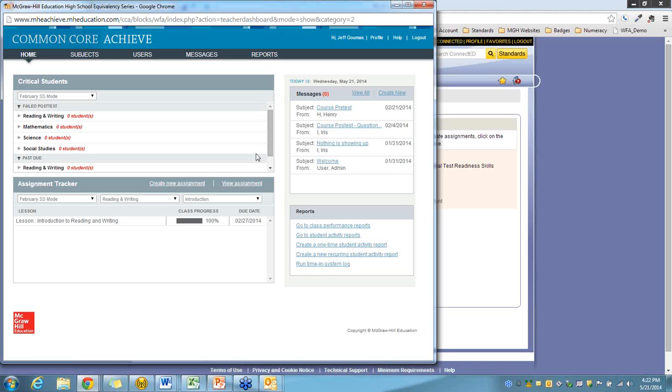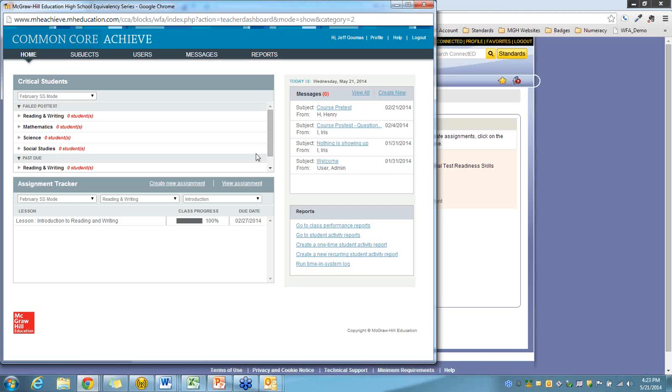But the system has the ability for you to set up weekly, daily, monthly, middle of the month, every 2 weeks, however, whatever the duration is you want, to set up automated reports that are emailed to you on a regular basis so that you can track student milestones within the system, such as what their assessment completion is and what their assessment scores are, what their lesson completion is, who's completed a course, who's completed a unit of instruction, any number of things. So you have the ability to run those manually each time you want to see them,